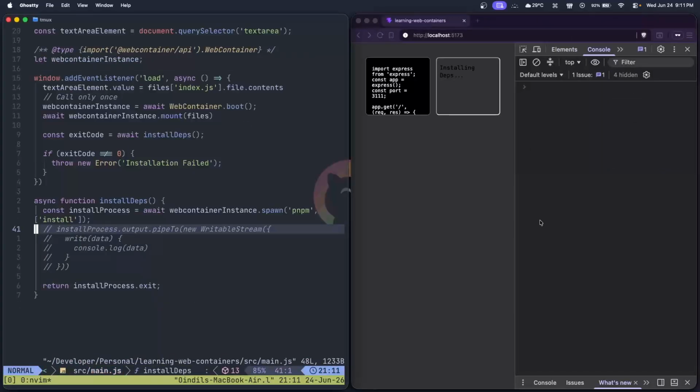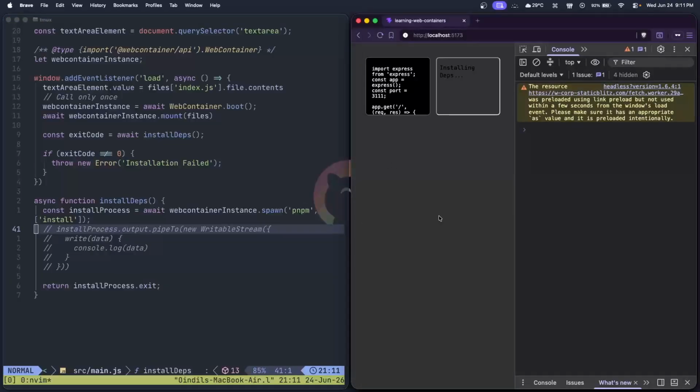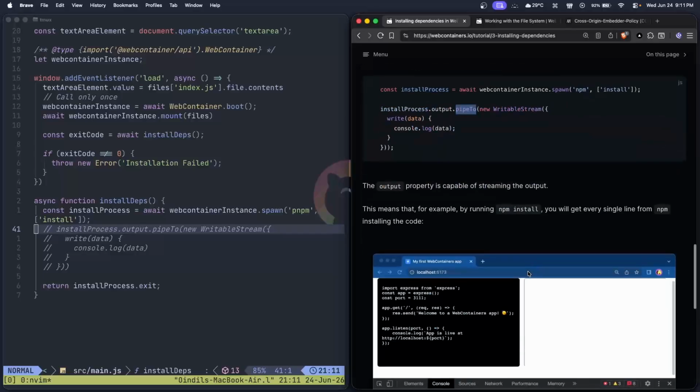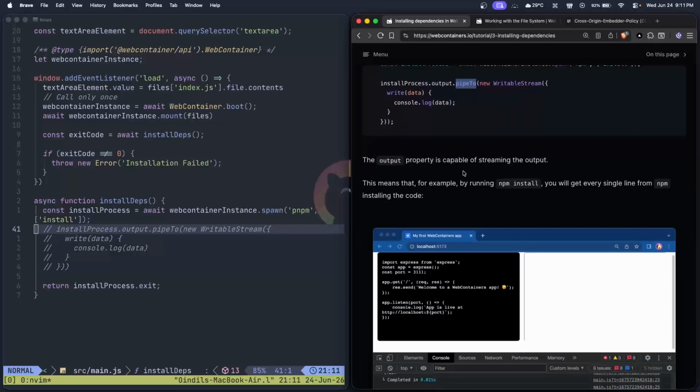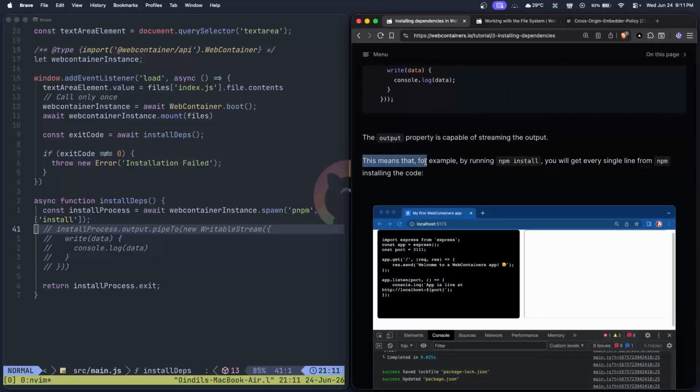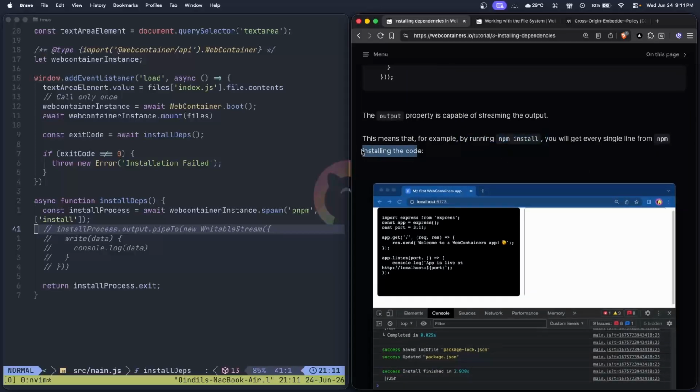Every time it runs, it installs the dependencies, so keep that in mind. Hot reloading is something that will eat your CPU. The output property is capable of streaming the output. This means, for example, by running npm install, you will get every single line from npm installing the code